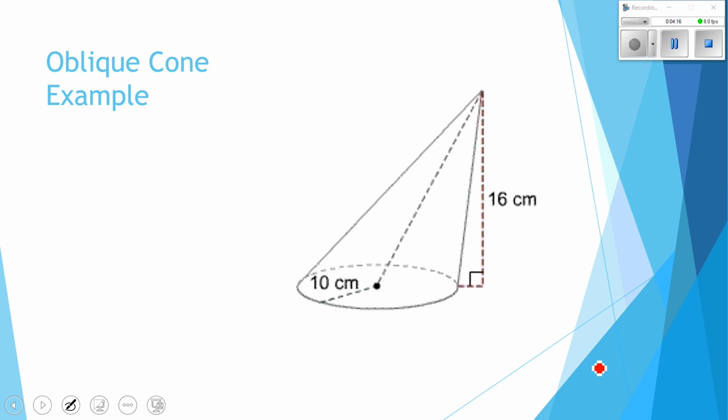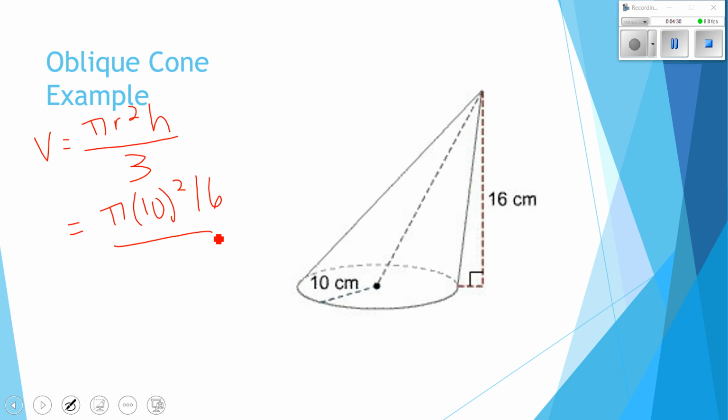Do one last oblique cone example. Again, the volume is pi r squared, which is the area of the base, times the height of the cone, divide by 3. The radius here is 10. The height is 16. Divide by 3. If I asked you to leave it in terms of pi, that would be 533.3 pi. And if I asked you to round it to the nearest hundredth, that would be